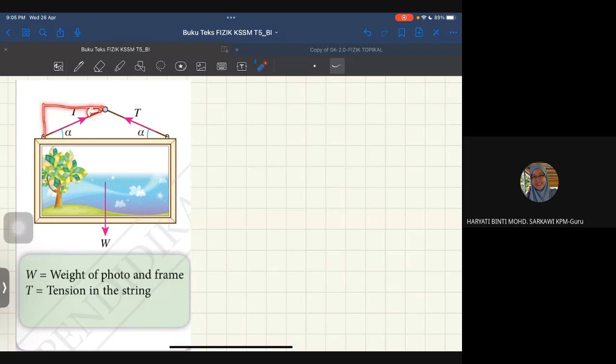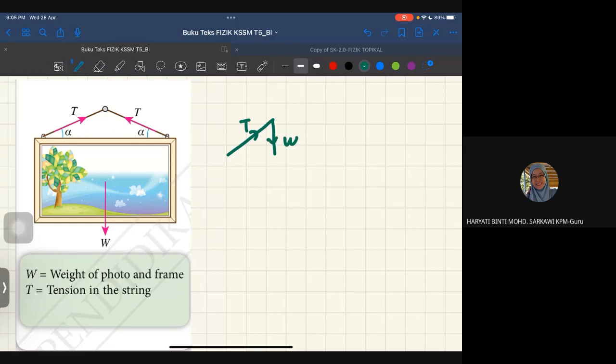It will be the same as alpha. Okay, now, so when we want to draw the triangle of forces, as usual, pick the easier one first. Actually, you can start with T, no problem. You can draw like this T, then you continue with W, boleh. But it will be so much easier if you start with the force